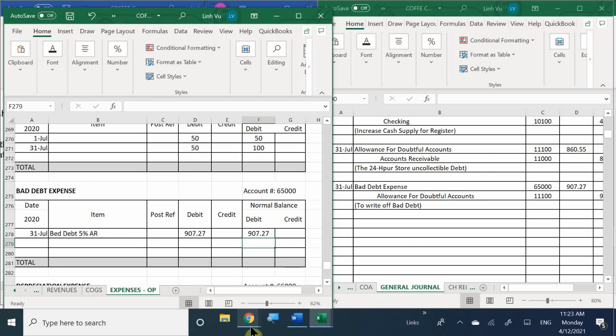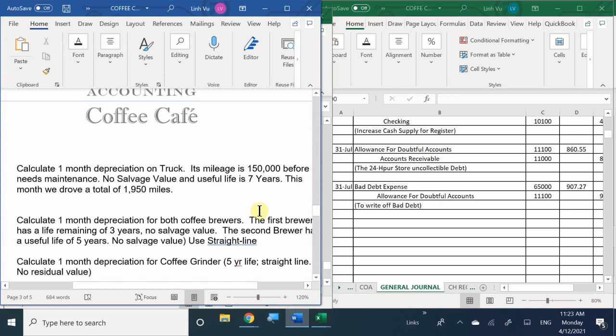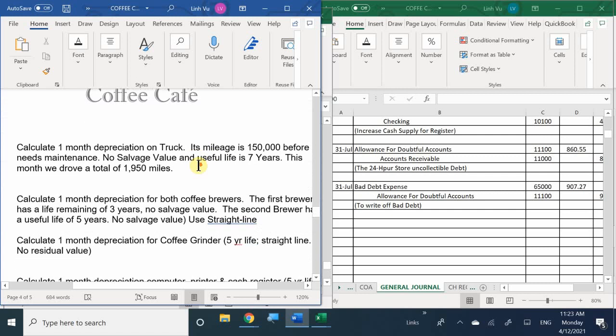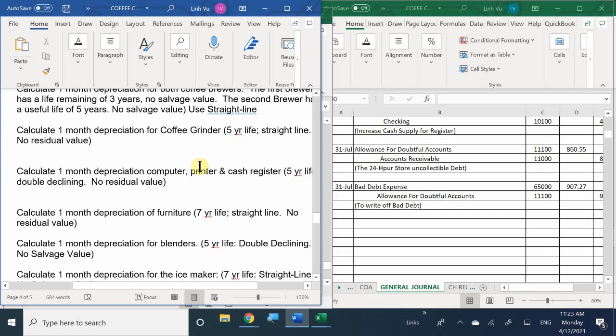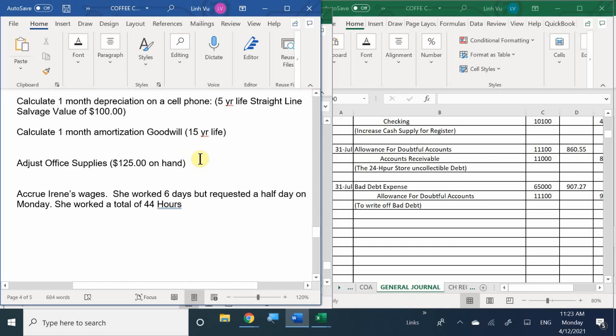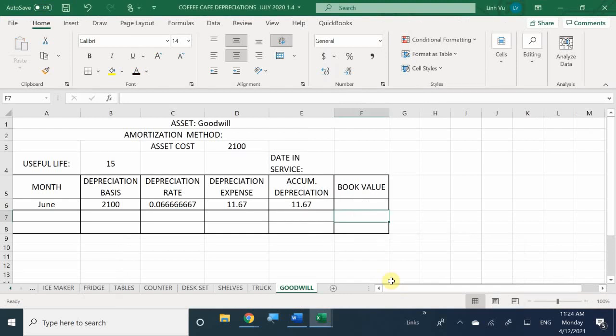Right? Any questions in regards to these adjustments? So once again, you are responsible to finish up the rest of the adjustments, okay? That means it's just depreciation. This is the easiest section I'm giving you, okay? So we've done depreciation before. And if you open up your depreciation tables from the Google class,